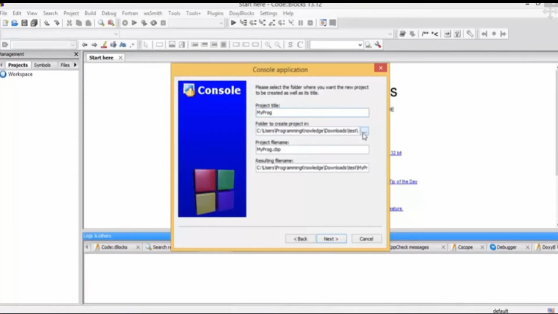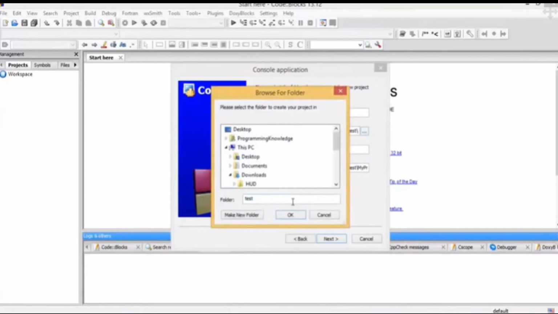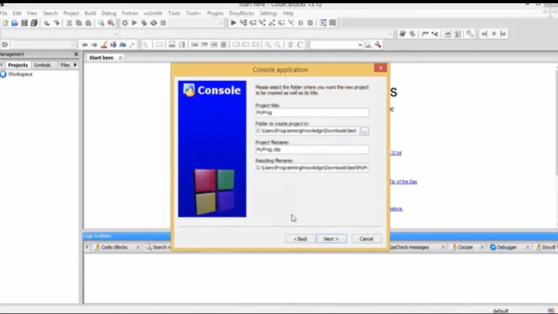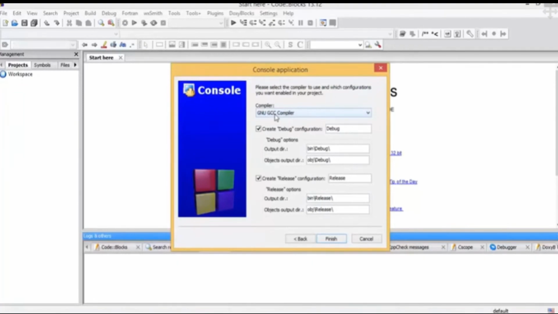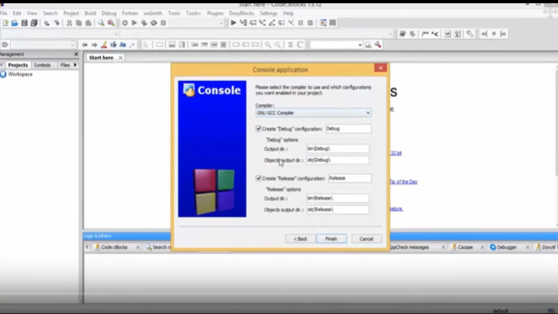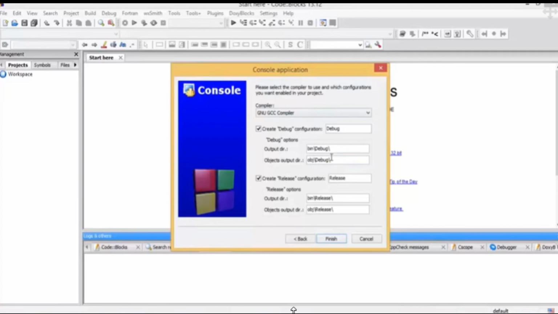And by browsing this you can change the directory in which you want to save your program. So I will leave it as default, but you can change it, and just note this path so that you can see the source file if you want to see. Okay, and click next. And this is showing the basic information about your project, that it's going to use the GNU GCC compiler, which we are going to use to compile our application. And it's going to create two versions of your project. One is called debug and other